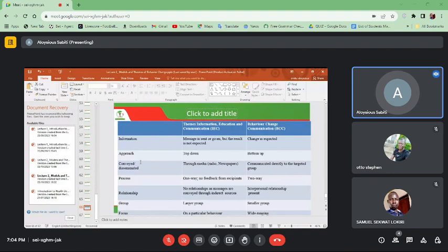Similarly, if you're doing an IEC, you're targeting a larger group, meaning many people who are listening to a radio, many people who can get those charts, or many people who can access your IEC materials, or many people who can look at the television set. However, if you're doing a BCC, you're mixed in a very small group, your target group, so that there is an interactive session and you're able to hear each point of view and you can act on it accordingly.